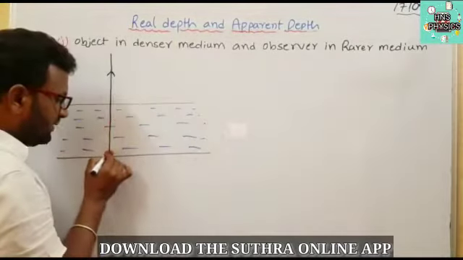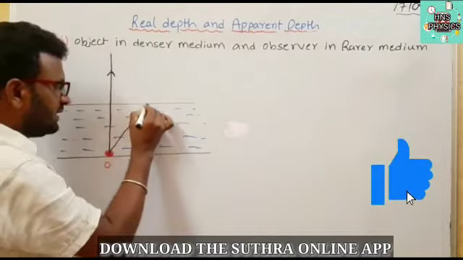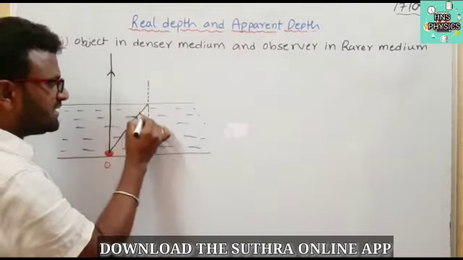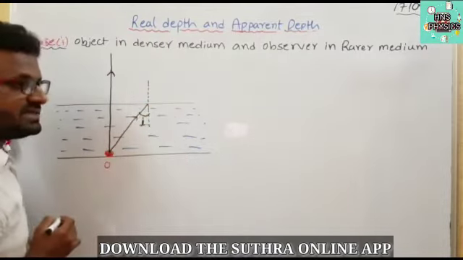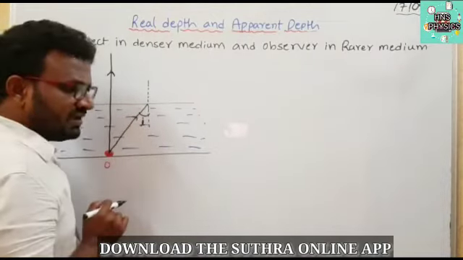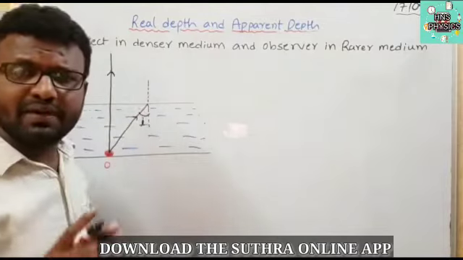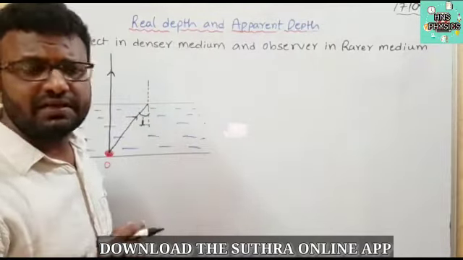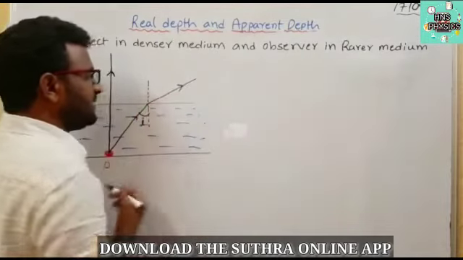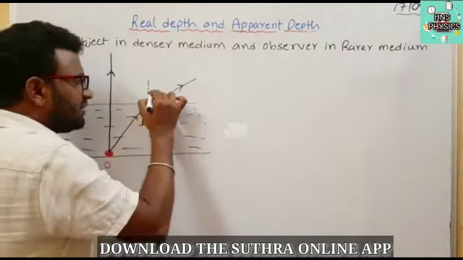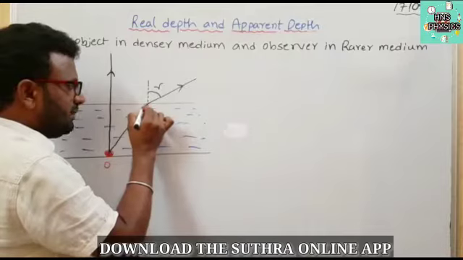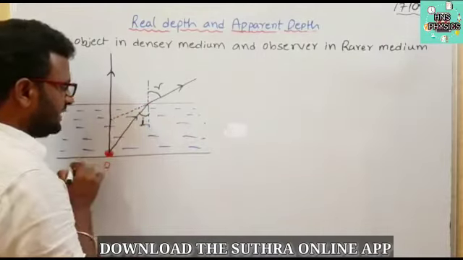If I take one more ray, the ray is incident on the surface of water with an angle of incidence i. When the ray passes from the denser medium to the rarer medium, according to the second rule, the ray is bent away from the normal. This is the angle of refraction r. This refracted ray, if I extend it backward,